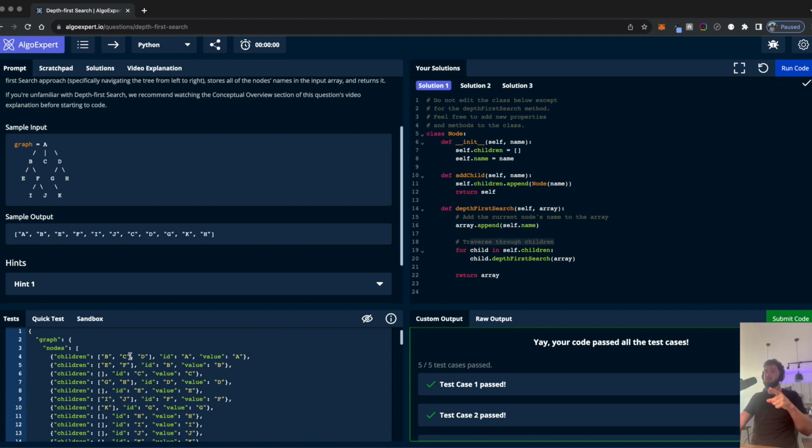Yeah, so let me slow down. So that's what it does first. It goes A, append it, check for children. Go to B, append it, and go to B's children list. B does have children, so then append E, check if E has children. E does not have children, so then you can move over to the next one. Go to F. Okay, append F. Hop down to the F list.